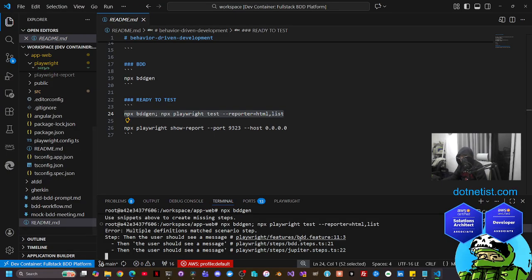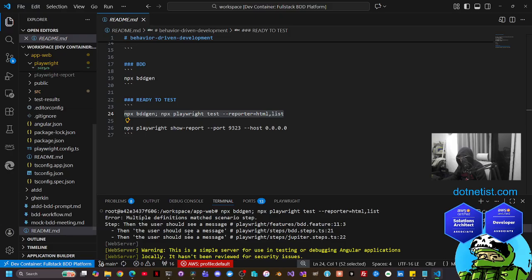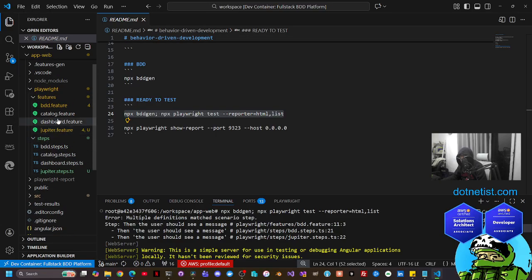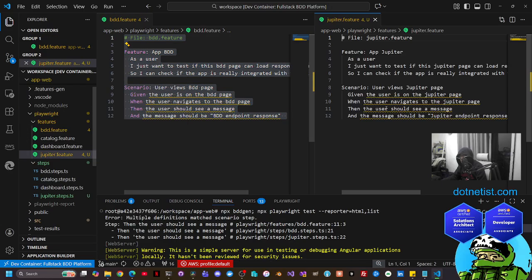As a step, then the user should see a message. BDD feature, multiple definition match scenario step. So they override each other. Okay, so I get it now. Because this and this are the same,